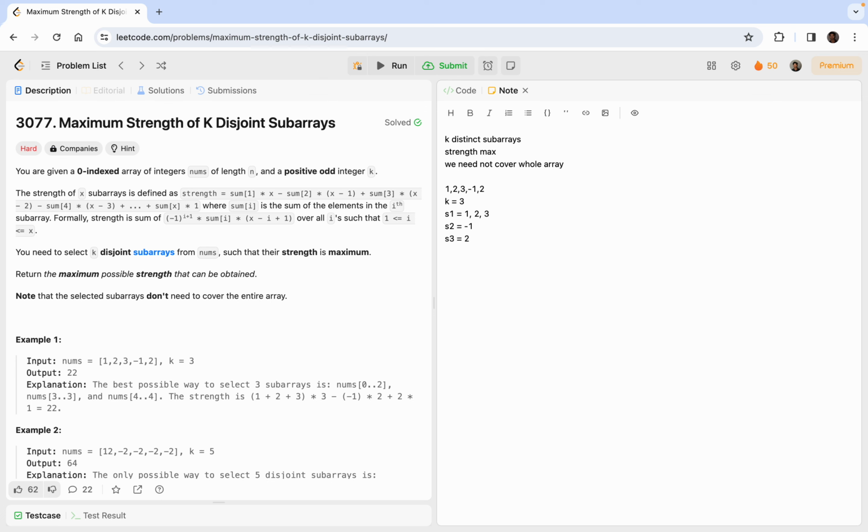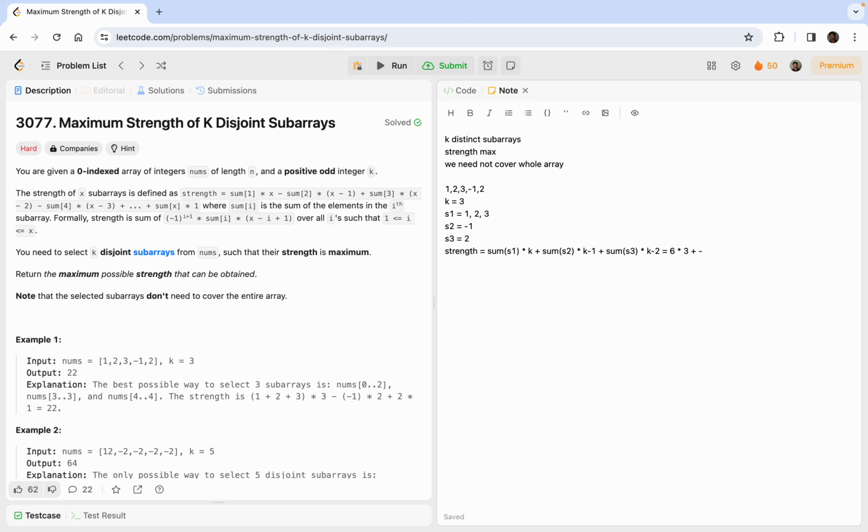Now the strength is, what we'll do is sum of S1 into k, then sum of S2 into k minus 1, then sum of S3 into k minus 2, which will give me 1 plus 2 plus 3, 6, into 3 plus -1 into,